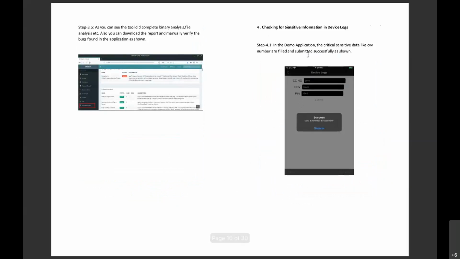Other than that, there is checking for sensitive information in the device. Most of the time there is improper development practice at the developer end. Most of the time the developer forgets to stop the logging of information. It means whatever you type and enter in the application gets stored in the logs,